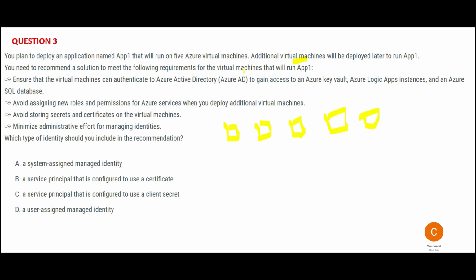Now you need to recommend a solution to meet these requirements. First, you need to ensure virtual machines can authenticate to Active Directory to gain access to Key Vault and so on. So these virtual machines will need to talk, for example, to Key Vault. So it needs access, and that access would be provided by AD. It's just like your apartment security guard. If someone needs to go to an apartment, a flat,